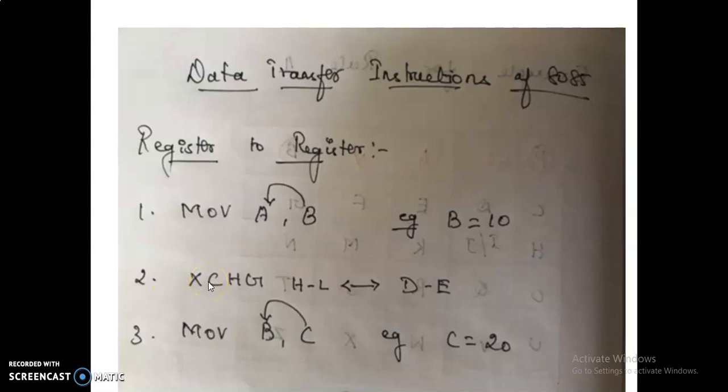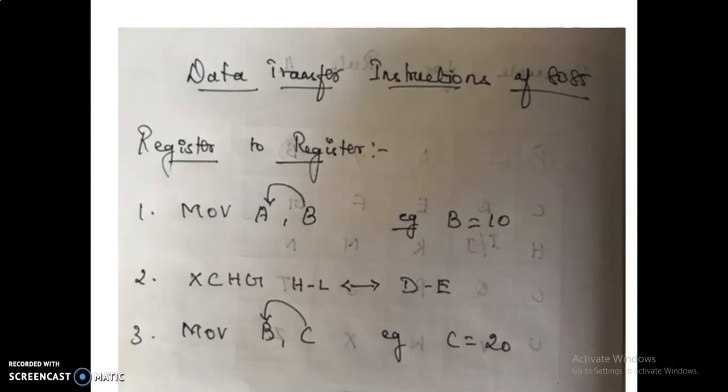Next, another example of register to register data transfer instruction is exchange. This instruction is used to exchange the information from one pair of registers to another pair of registers. Here the data transfer is between two sides. Here you can see the direction. I use this double sided arrow: the HL value goes to DE, and like that the DE value is moved to the HL pair. The data are transferred between the two sides, source and destination, simultaneously exchanging the values between each other. This is called exchange.